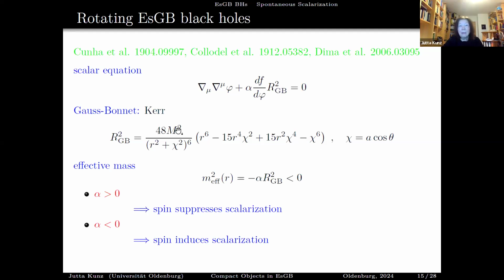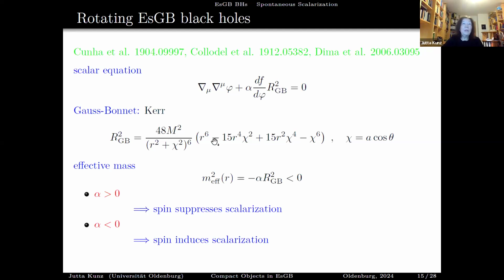And we now have the Kerr background, and the Kerr should get some tachyonic instability. But for Kerr, we have the spin, and the spin enters here in the Gauss-Bonnet invariant with different signs. So different things may happen. If we just keep the coupling constant alpha positive, then because these negative pieces arise, the domain of existence is going to shrink.